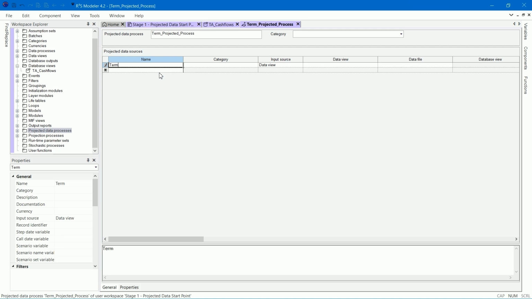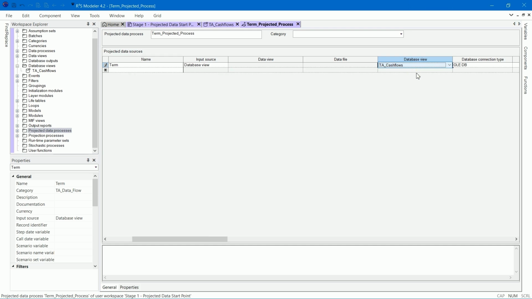For category, it is TA data flow. For input source, it is database view. And database view will be TA cash flows. This is the database view we just completed.